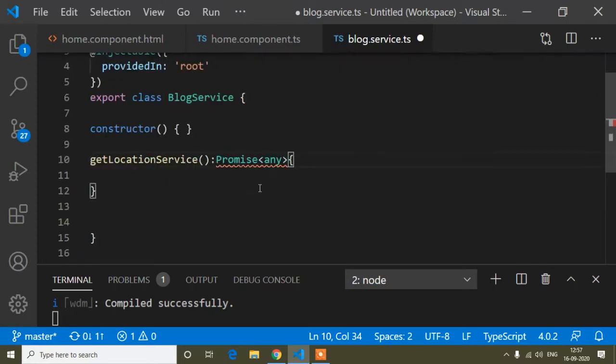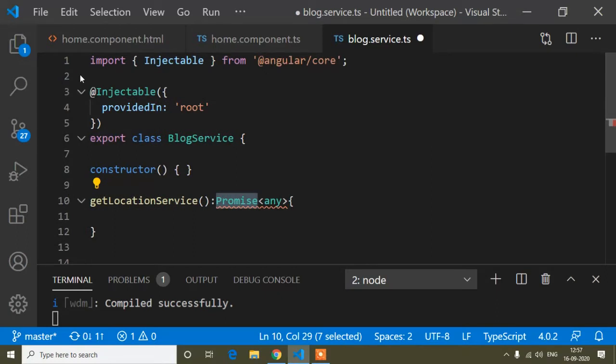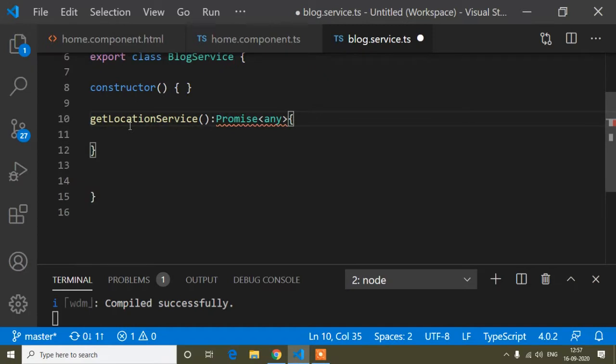So guys, if you don't know what a promise is, and I also did not make any video on promise, so here I will give you an example of what a promise is. A promise makes your function work synchronously, meaning when we write any function, it executes line by line.